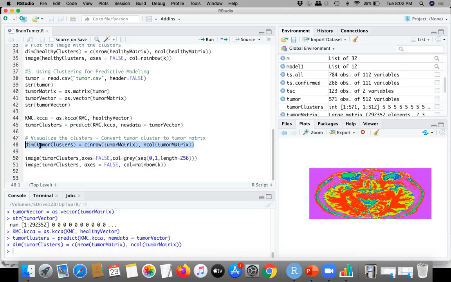Yes, the dimension has been created. Now we need to draw the grayscale image and the colorful image for the brain tumor. Let's take the image function and pass the tumor cluster, and we are taking the gray scale. Let's execute it.